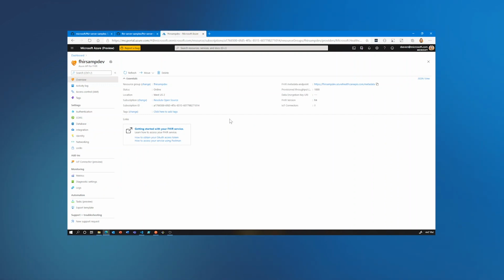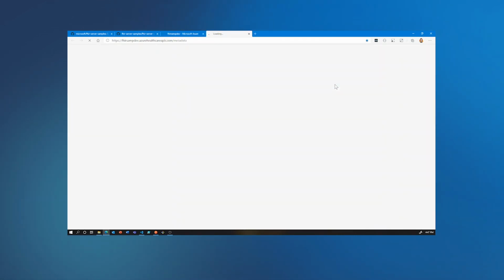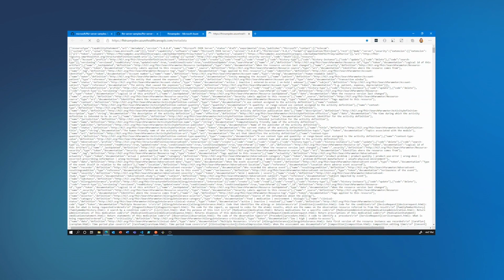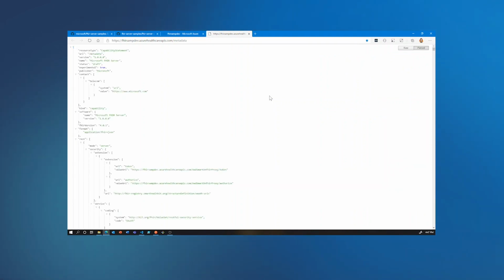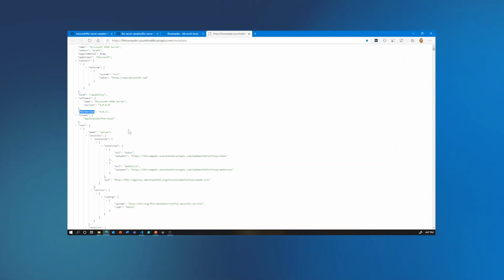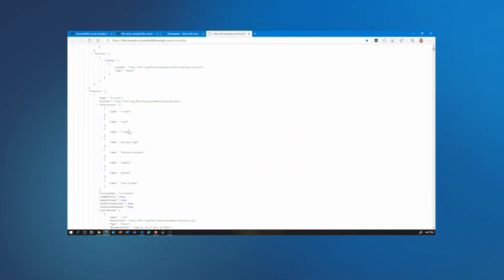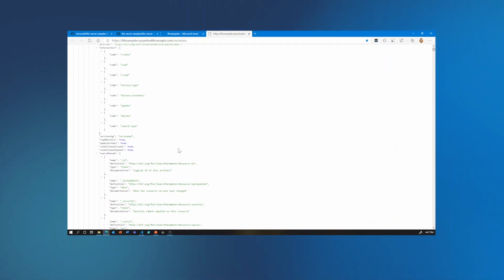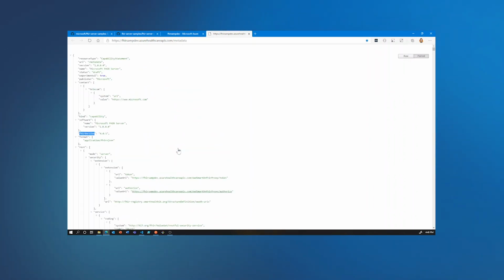In the dashboard for the instance of the Azure API for FHIR, you can see a FHIR metadata endpoint. This is simply a link to the capability statement that's deployed with your Azure API for FHIR. The capability statement is defined by the FHIR specification, and it simply tells you what this instance of a FHIR server is capable of. You can see in this case that the resource type is a capability statement. It's an instance of the Microsoft FHIR server. And in this case, it uses FHIR version 4.0.1, which is the FHIR R4 release. And as you scroll down through the capability statement, you'll be able to see what resources are supported and what is capable with this FHIR server instance. Every FHIR server gets one of these.